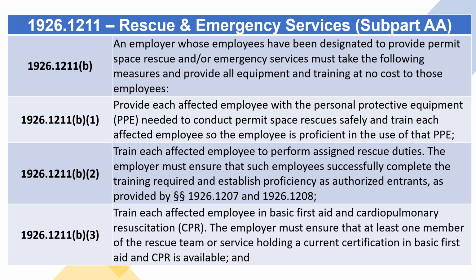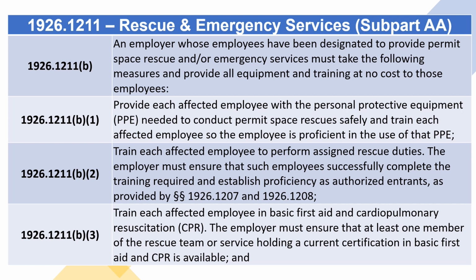1926.1211(b). An employer whose employees have been designated to provide permit space rescue and/or emergency services must take the following measures and provide all equipment and training at no cost to those employees. 1926.1211(b)(1) through (b)(4). Provide each affected employee with the personal protective equipment, PPE, needed to conduct permit space rescues safely and train each affected employee so the employee is proficient in the use of that PPE. Train each affected employee to perform assigned rescue duties. The employer must ensure that such employees successfully complete the training required and establish proficiency as authorized entrants, as provided by Sections